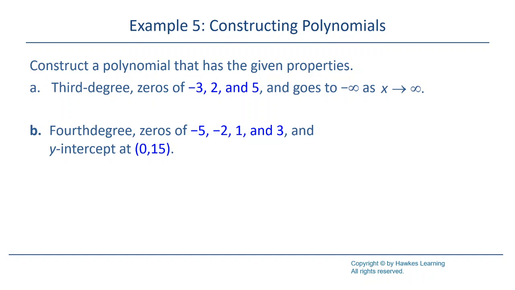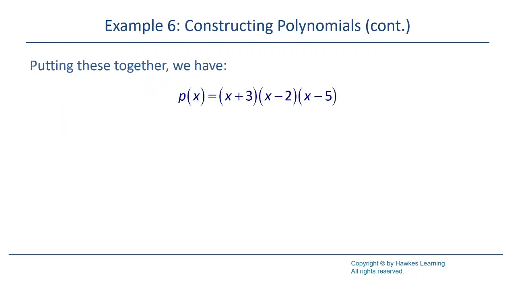And then the fourth degree with the given roots and a specific y-intercept. So one thing, these will be kind of like two things where we introduce how do you make a polynomial go the direction you want it to. So if we put these things together,